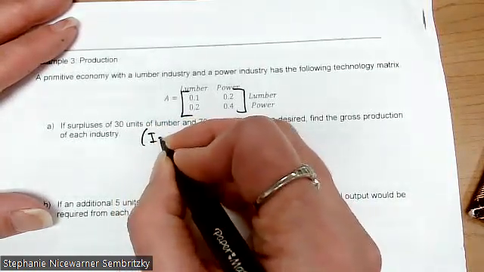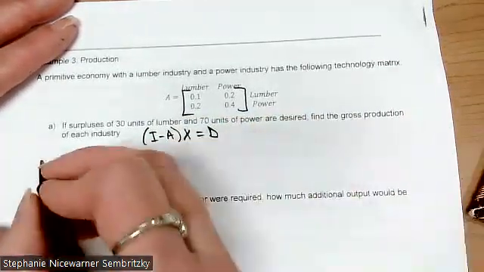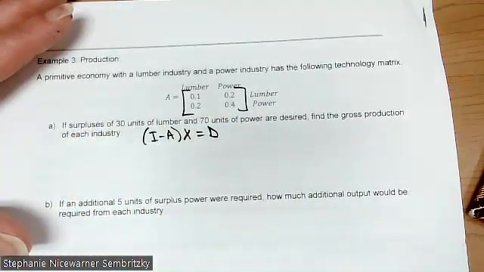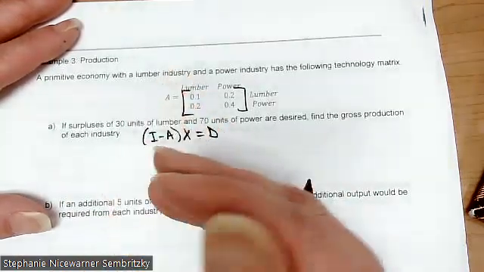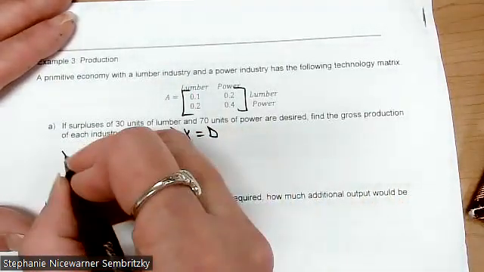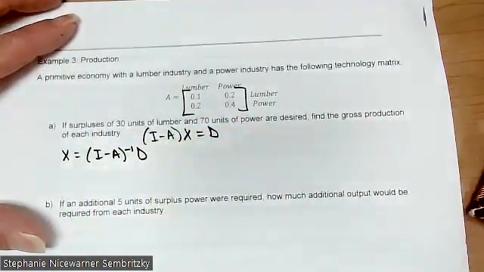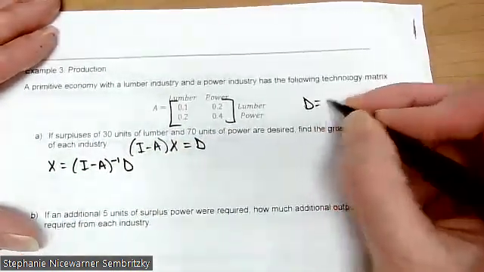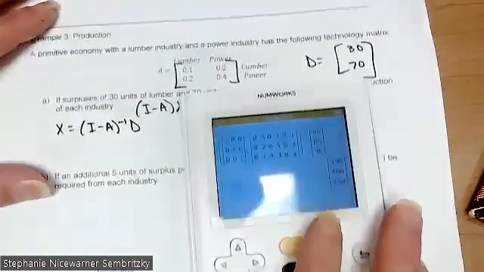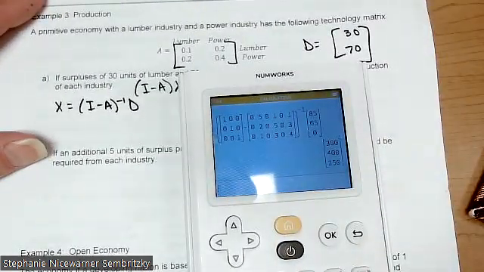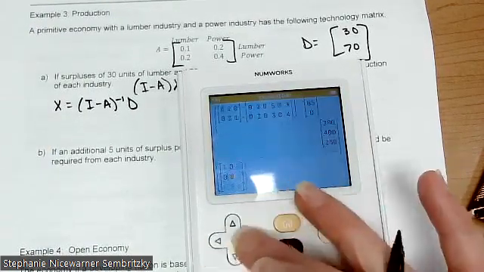So we're going to take I minus A times X equals D. Or our X is going to equal I minus A inverse times D. So X equals I minus A inverse times D. So our D is going to be 30, 70. So the I in this case is going to be a 2 by 2, just 1, 0, 0, 1